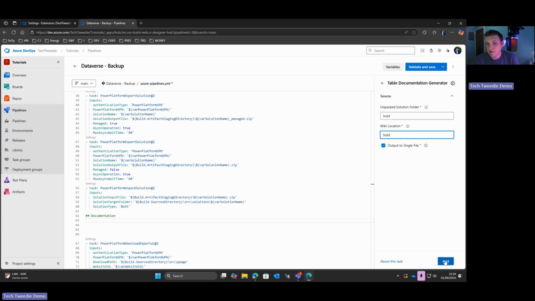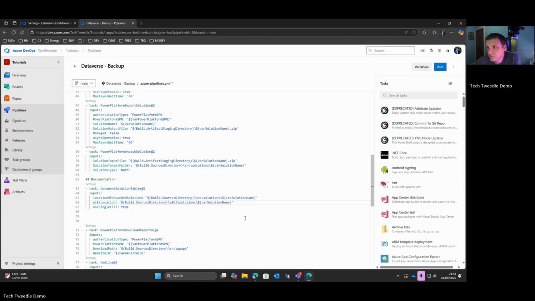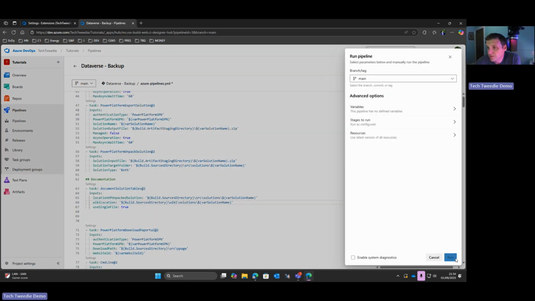And we're going to select that we want it to be in a single output file. And pop that in there. Now, I'm just going to grab the location of my current output folder, and I'm going to put that as the location of my unpack solution. And then I'm going to paste it again, but this time I'm going to just change the end. I'm going to call it wiki. Now let me save that, and then if I run this pipeline,